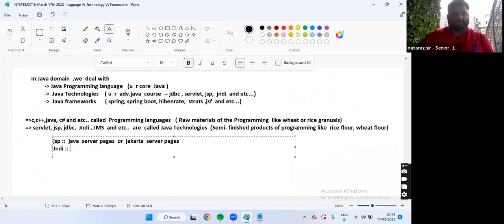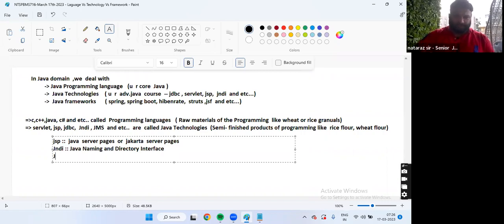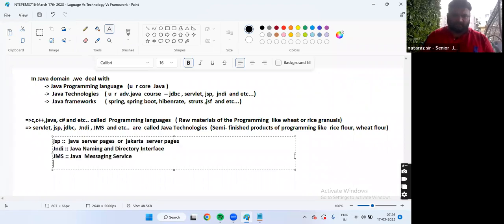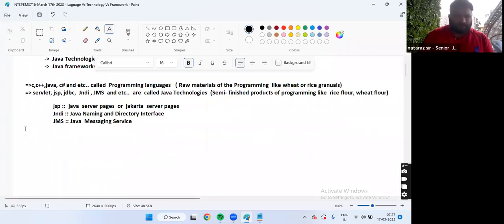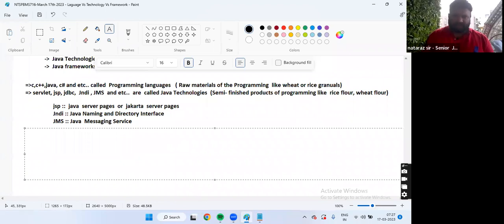JNDI, Java Naming and Directory Interface. JMS, Java Messaging Service. These are the abbreviations. Today, you just remember the abbreviations. Don't worry much.